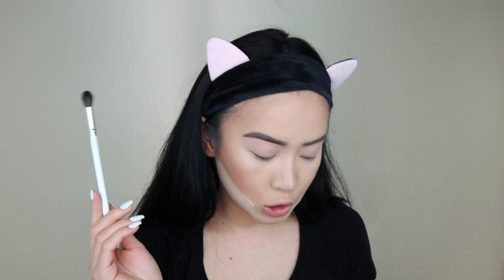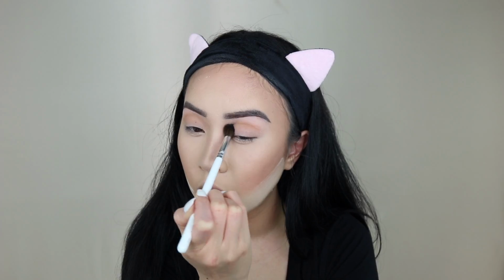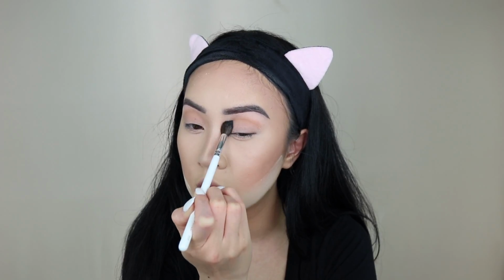Okay, Safari palette round 2. So my eyelid's already primed with Painterly Paint Pot, and I set that very lightly with some translucent powder. JH30 brush, and go in with Tamarind. I always tap on my powder first